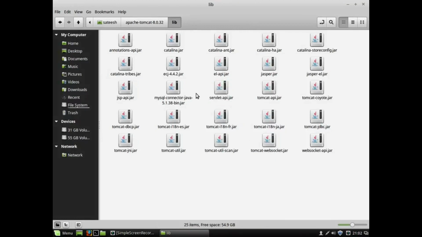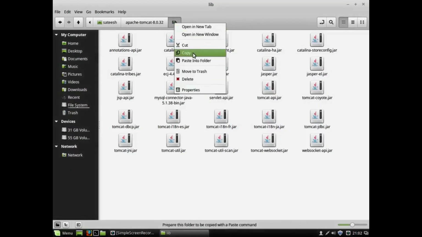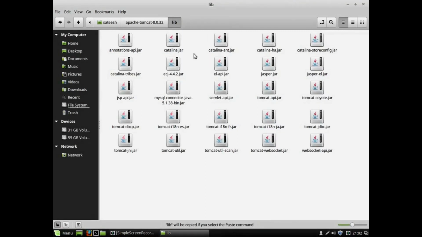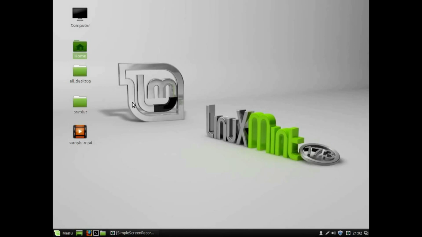If you want to become a very good developer or application programmer in Java, then you will be regularly using this servlet-api.jar file. Okay, so to make our machine recognize this jar file, simply copy this path. Now we need to set the classpath. In the same way we have set the path, we need to set the classpath now.